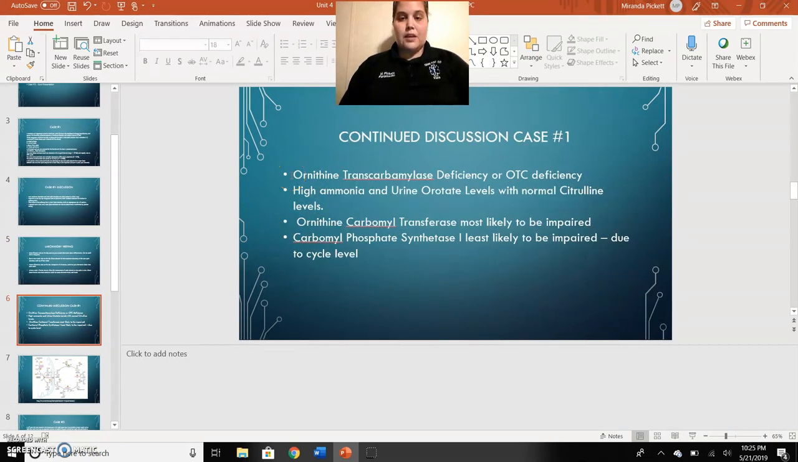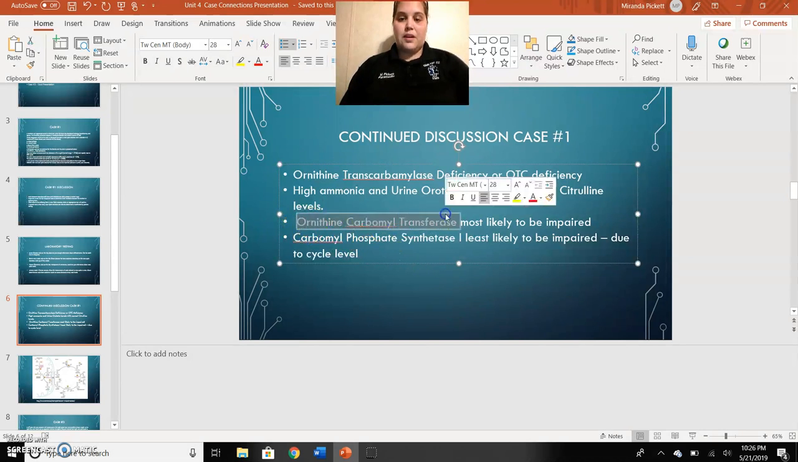I believe that the newborn is suffering from an ornithine transcarbamylase deficiency, or OTC deficiency. And this is because she's suffering from high ammonia, high urine orotate, as well as normal citrulline. And as I said earlier, that's really important in making this diagnosis. I believe that the ornithine carbamyl transferase is the most likely to be impaired because when this enzyme is impaired,